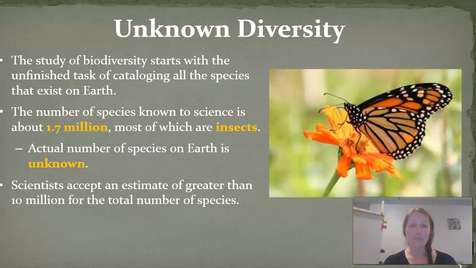Now, when we look at all of the species that are on the planet, and we've cataloged them, and we've had scientists look at insects and mammals and reptiles, we know that there are about 1.7 million different species on Earth, and most of them are actually insects. However, the actual number of species on Earth is unknown. So the 1.7 million is really our best guess based on the organisms we've been able to encounter. But scientists do know that there are places on Earth, the deep sea, if we go to the bottom, like hydrothermal vents, where there are organisms that we have yet to discover.